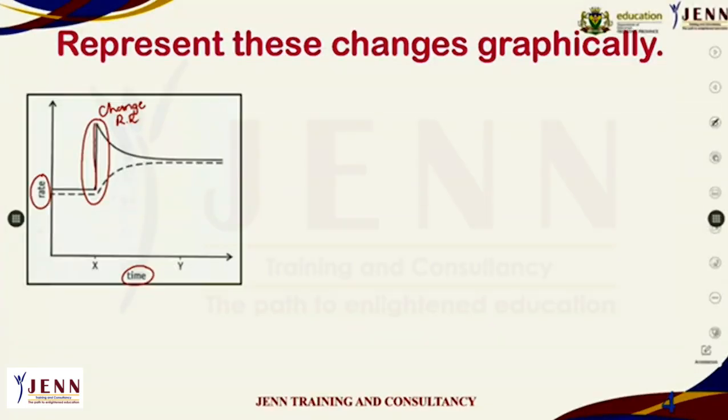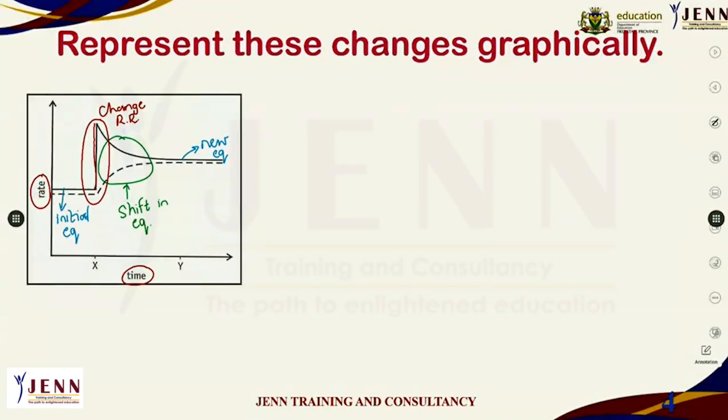This part, I just want to change my color to green. So this part, we have this bended part. That will be your shift in the equilibrium. And then, if I look at the flat parts on your graph, that is your new equilibrium. And this was also your initial equilibrium. So the flat, horizontal parts on the graph will be your equilibrium parts.